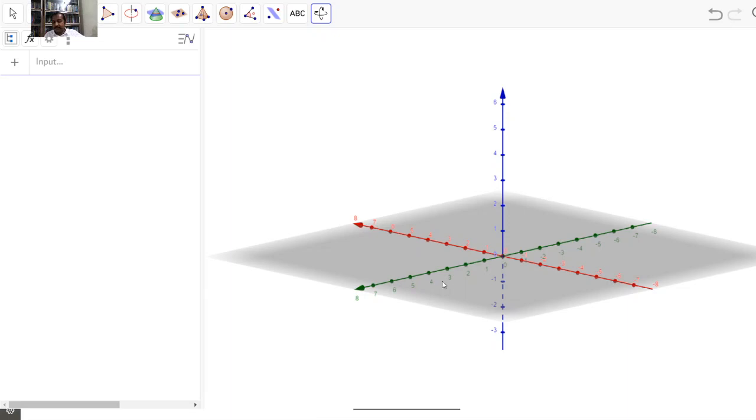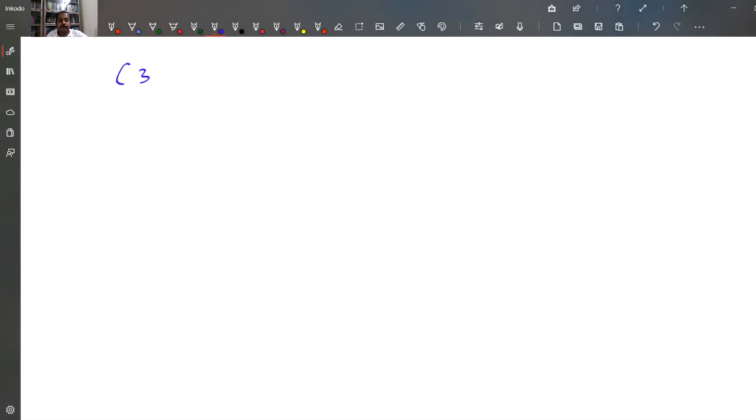So you consider a line through 3 minus 2 1, parallel to the line. So suppose